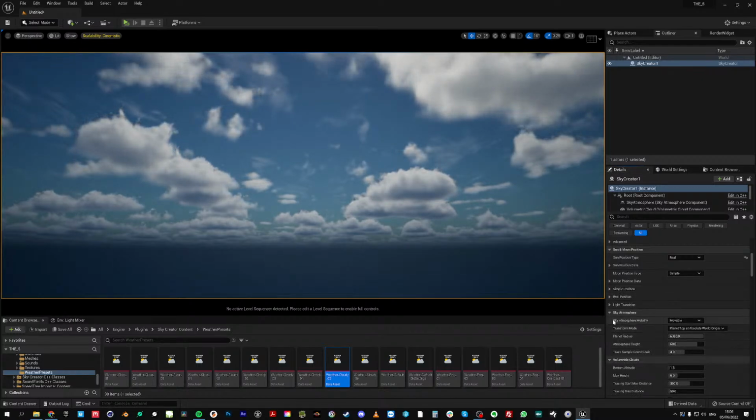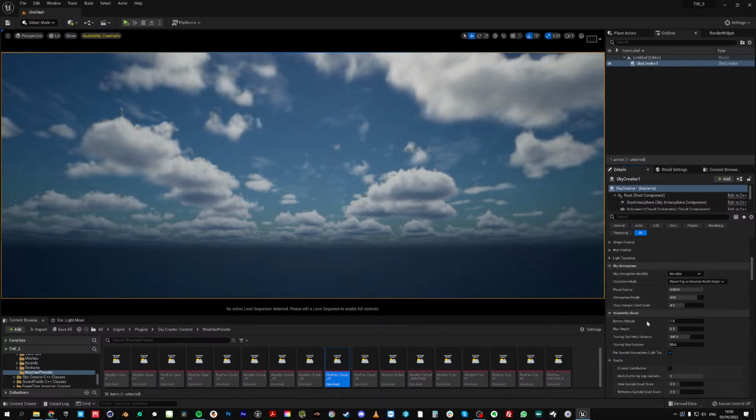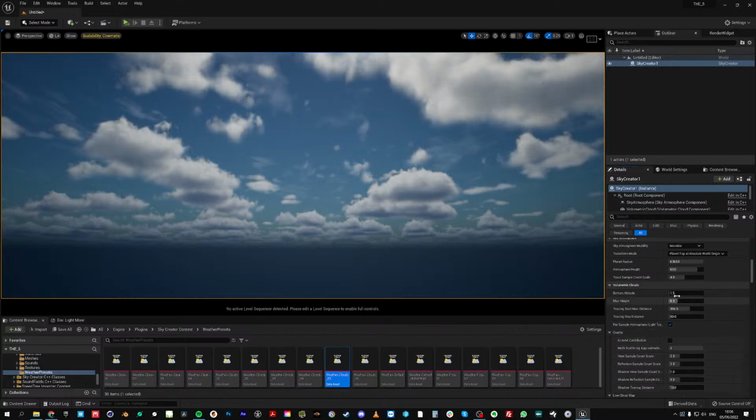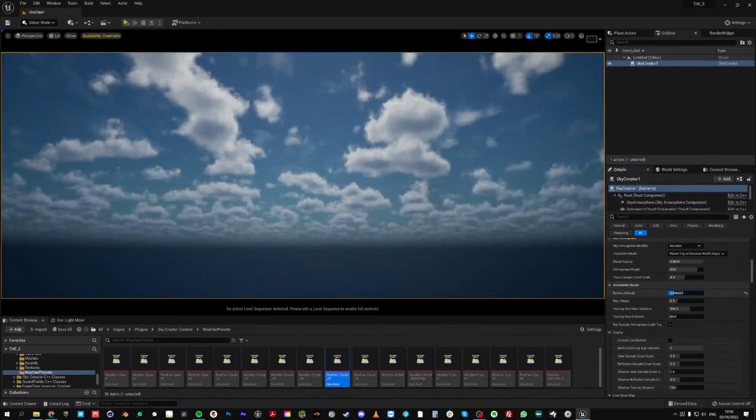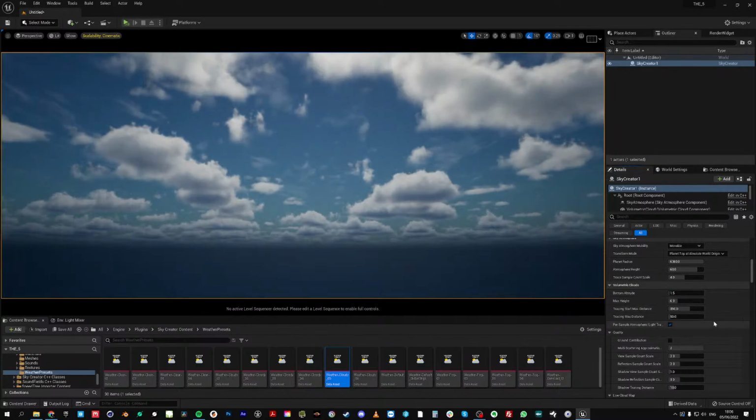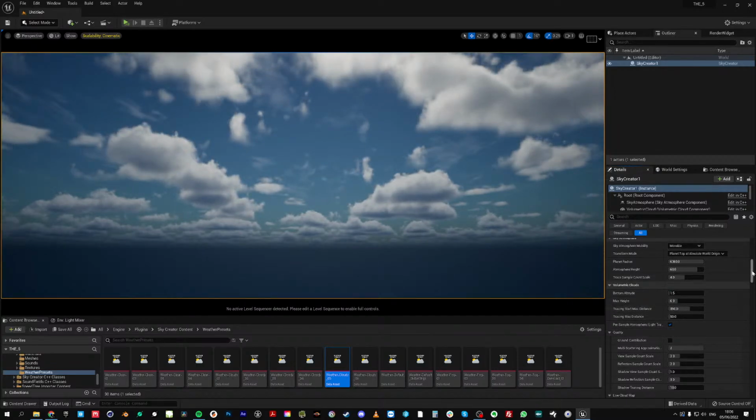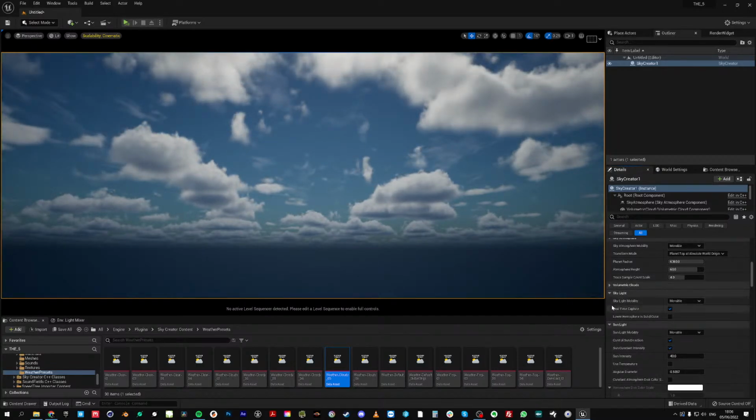So sky atmosphere, you can play around with that. You can go really deep in a sec. I'll show you in a second. So this changes your height of the clouds, which is really cool. So these are like the simple